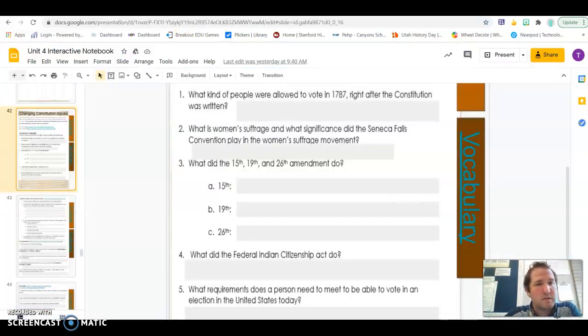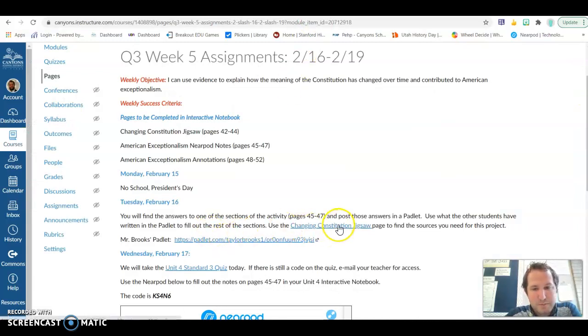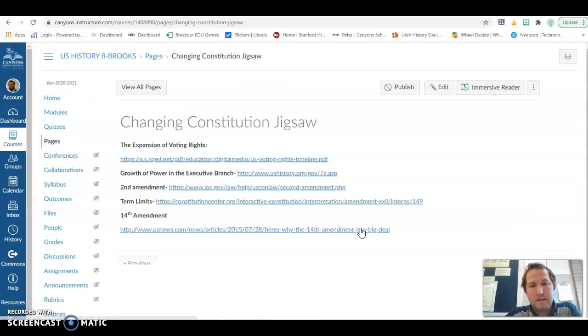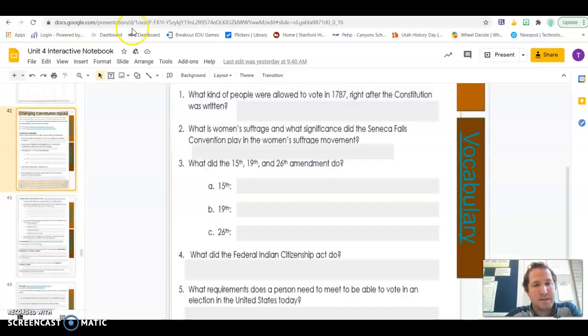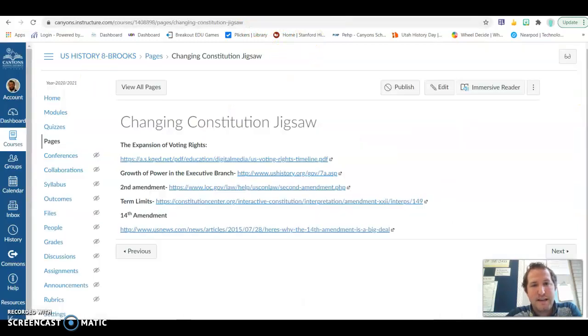You can find the information you need on this page right here, Changing Constitution Jigsaw. You're going to go ahead and click right there, and you will find all the information you need. Again, you only need to complete one of these pages and fill out the information on one of these. Once you have completed that, you need to copy and paste your answers and this information into the Padlet